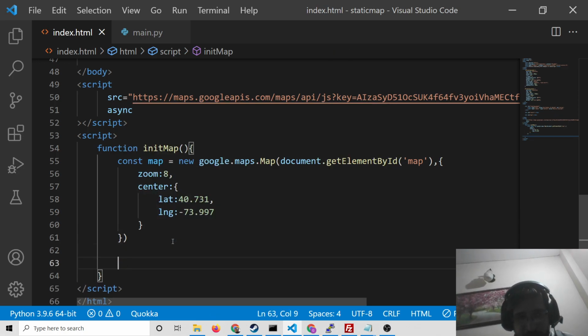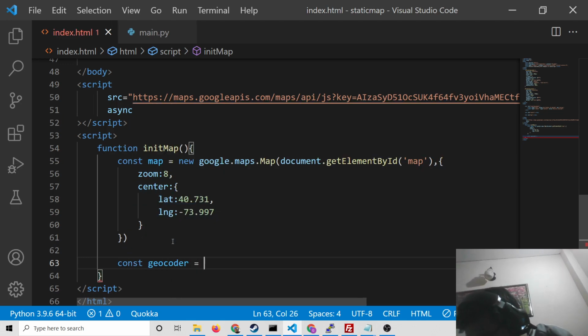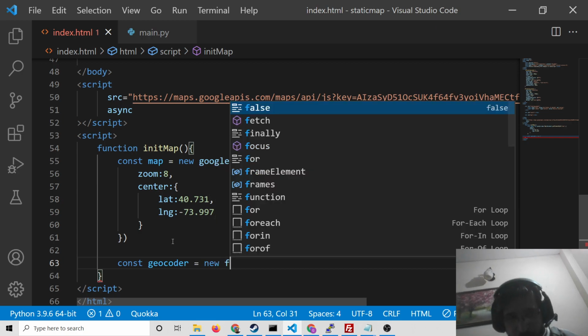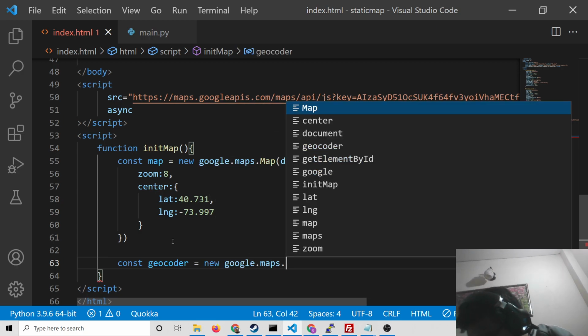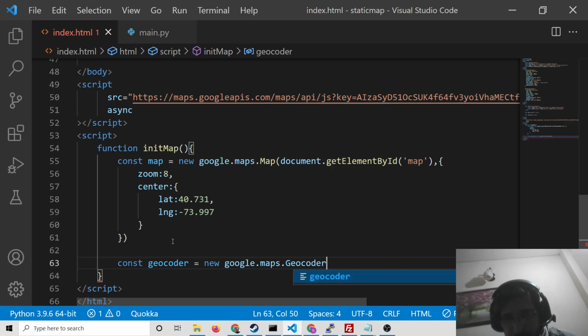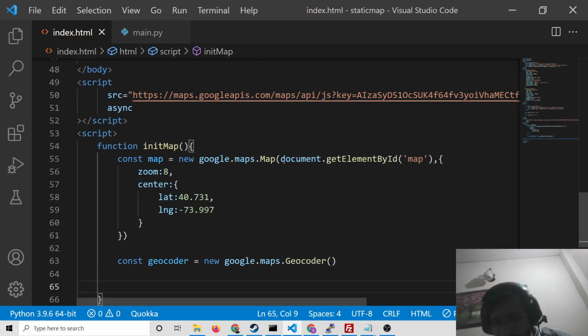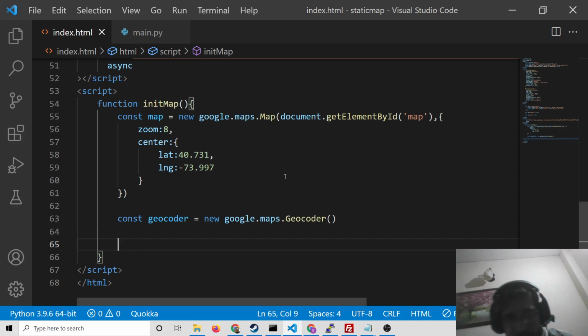For that we will initialize our geocoder, which will be equal to new google.maps.Geocoder library. After that we need to make an info window, where the full address will be shown.